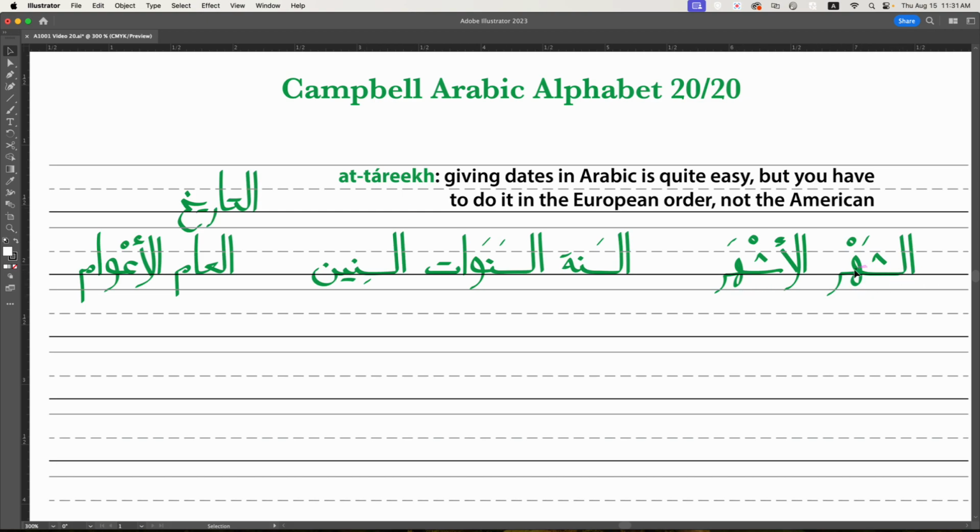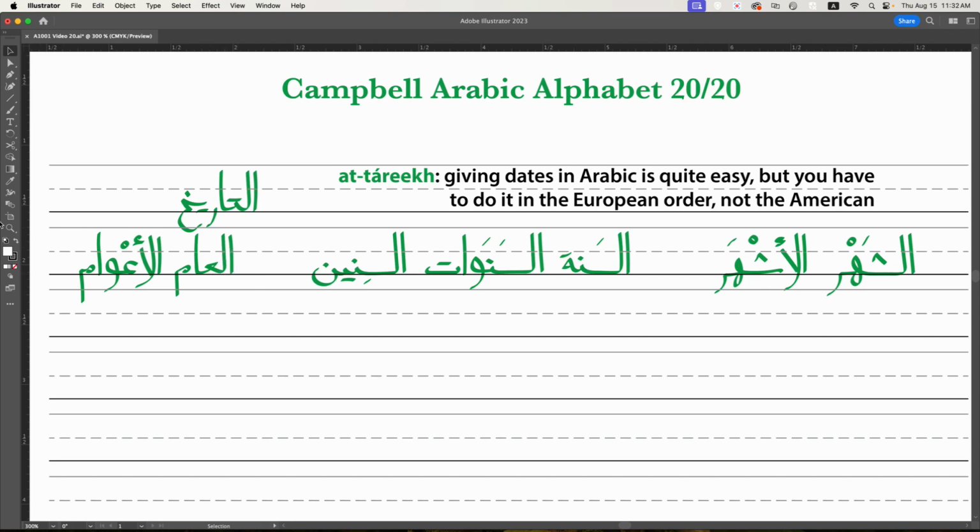Ash-shahr is a month. Al-ashhar is the plural. As-sana is a year. Sanawat is the usual plural, but many people will say sineen instead. So get used to both of those. And then there's another word for year. A'wam is the plural. They're completely interchangeable. Arabic, like English, loves to have tons of synonyms for things. So learn these words. You'll see sana a little more, but they're pretty interchangeable and they're both